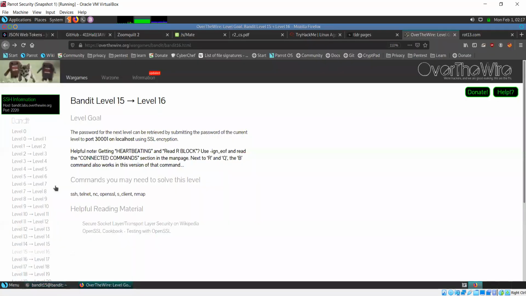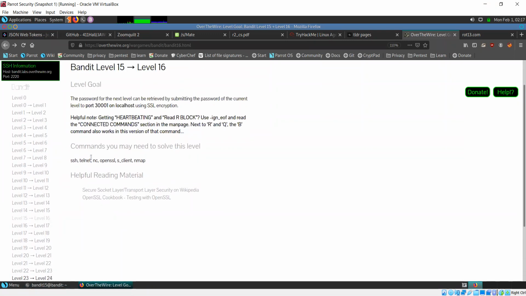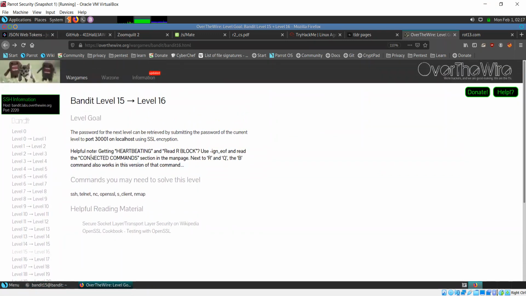Okay, so just like we've done so far, there are quite a few other levels in Bandit as well. I'm not going to be going over all of them because I'd like to encourage you to try those out. They are very helpful, very beneficial. They teach you a lot of good commands and a lot of things about using Linux itself. And these things will especially be useful in CTFs and such.